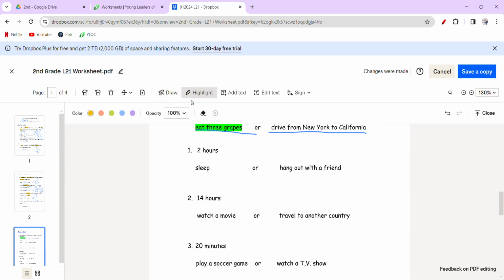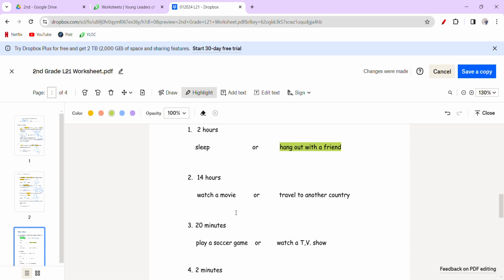So let's try this. 2 hours: you can sleep or hang out with a friend. Okay, so there's a difference between sleep and nap, right? A nap is for a short period, but sleep is when you sleep for more than a couple of hours, right? And this is only 2 hours. It's very few hours, right? And they write sleep here, not nap. And you can hang out with a friend. Hanging out with a friend would be more reasonable